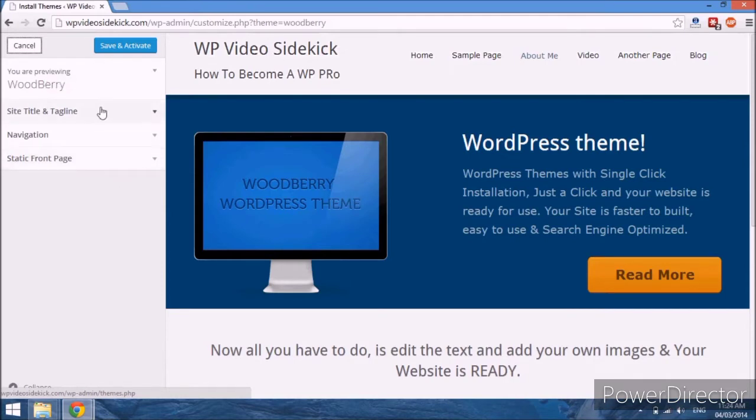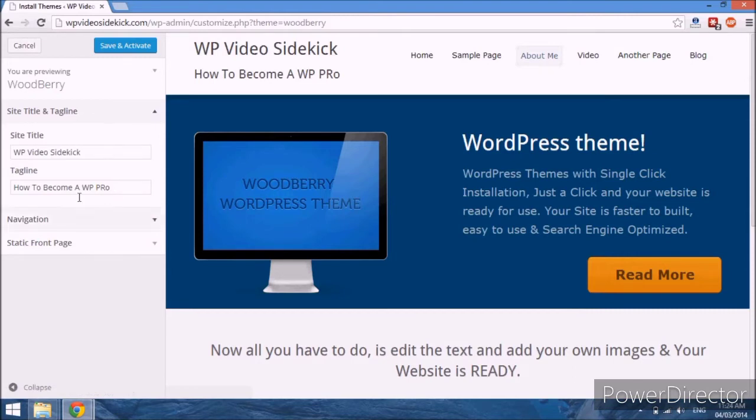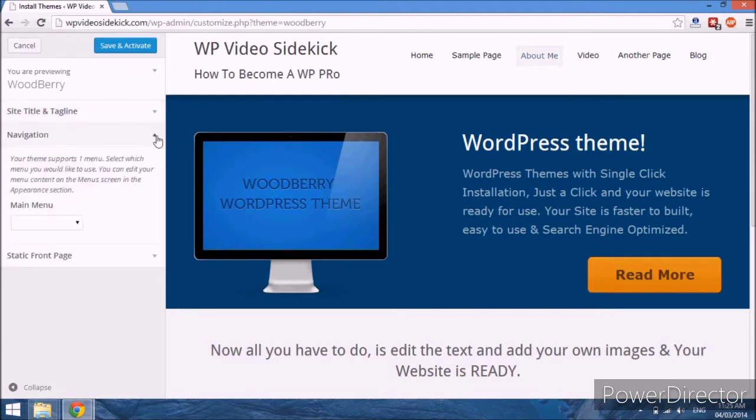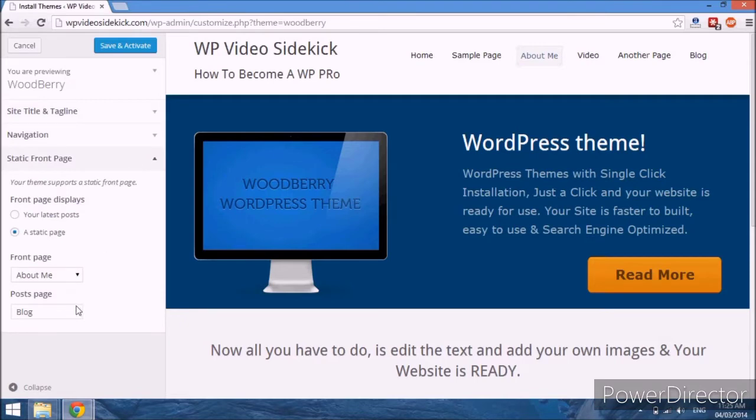And you also have, and this is something that we can look at in more detail, the option to customize your site. You can very quickly from here change some of this information that we saw in our settings and our navigation. So you could change the menu that you use if you had more than one custom menu, and your static front page, etc. Okay, now we can just activate this theme,